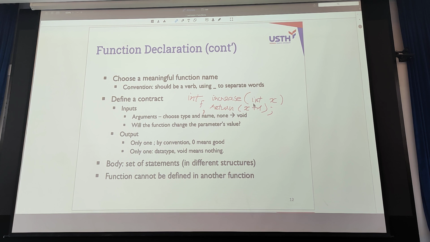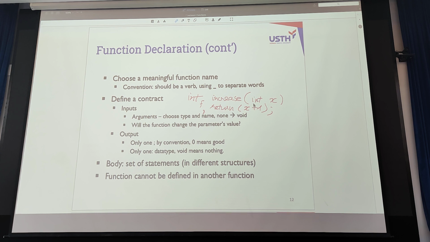Function integer. Increase. Yes. Increase. Good. Thank you.